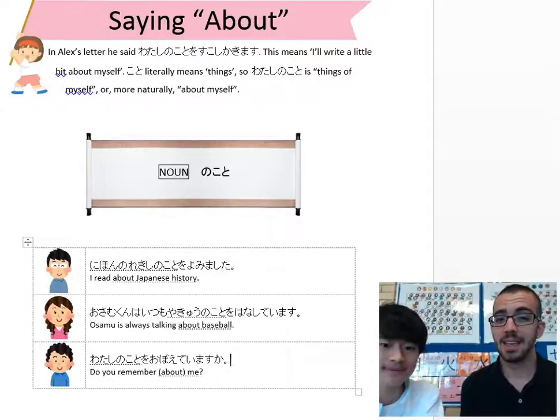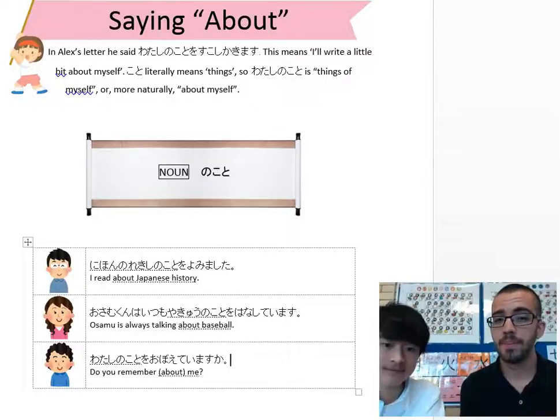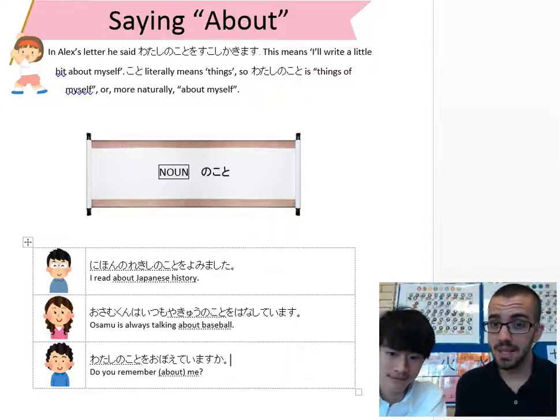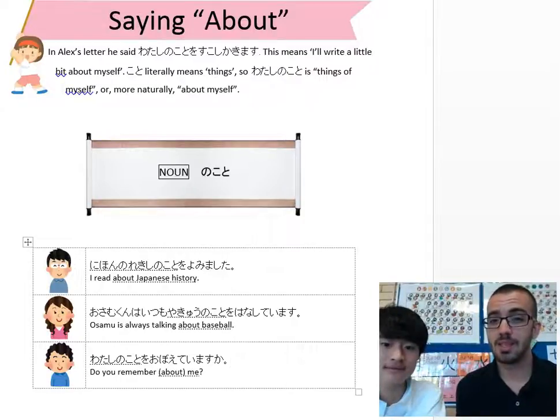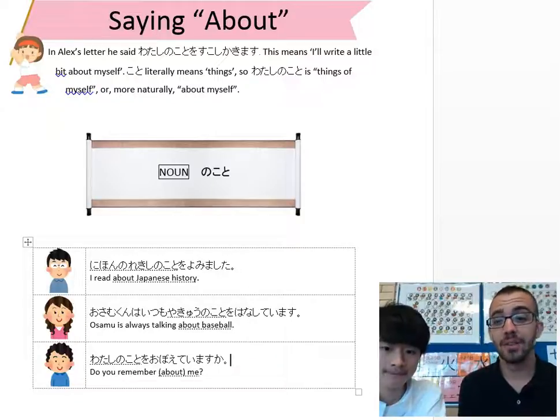In Alex's letter, he said, 私のことを少し書きます. This means I'll write a little bit about myself. Koto means literally things. So 私のこと is things of myself, or more naturally, about myself. If you want to say about, you simply have to have a noun followed by no koto, and that means about